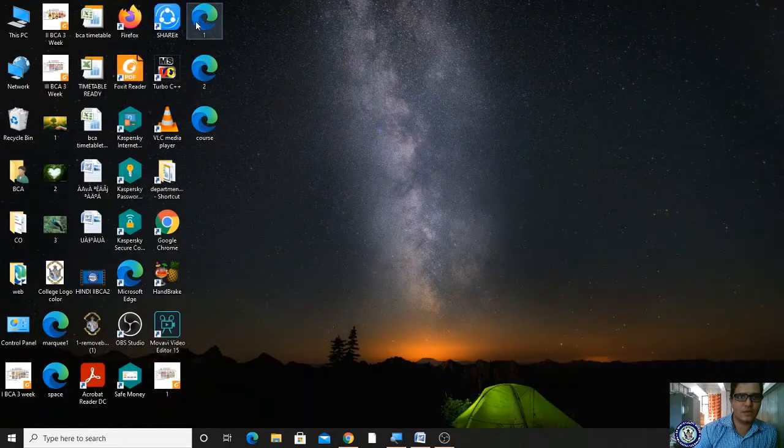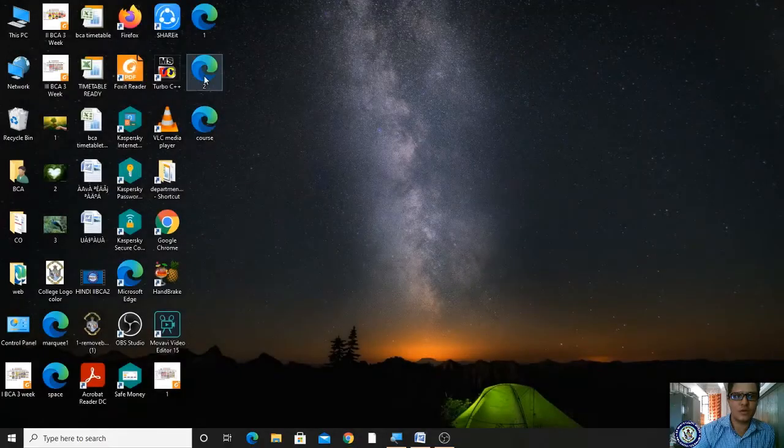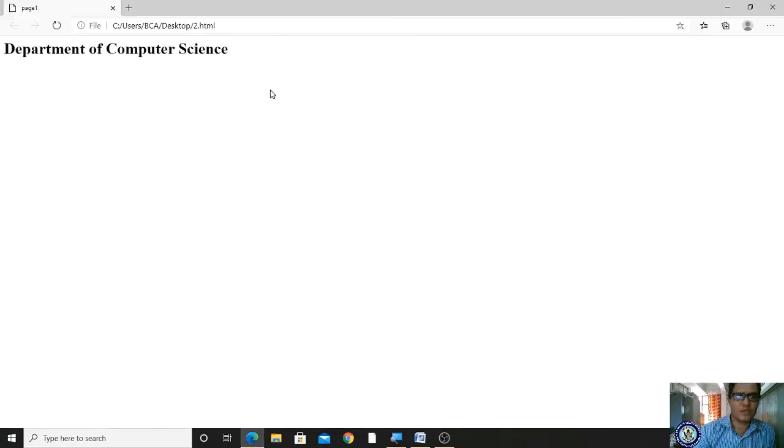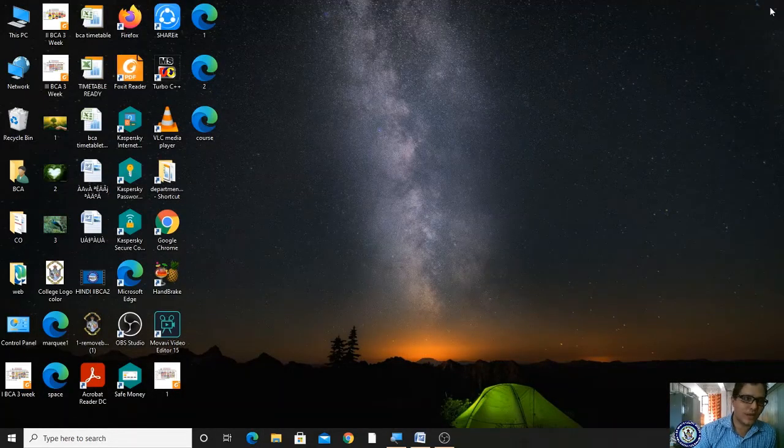Okay, let me close this. You will see our first file. I'm opening it with Chrome. Here it is showing St. Mary's College Shirva, and I'm opening this. It is showing Department of Computer Science, and I'm opening this. It is showing courses. It doesn't consist of any difficult matters. Now I'm opening the first HTML file. It is acting as a title. In this we want to place more HTML files.